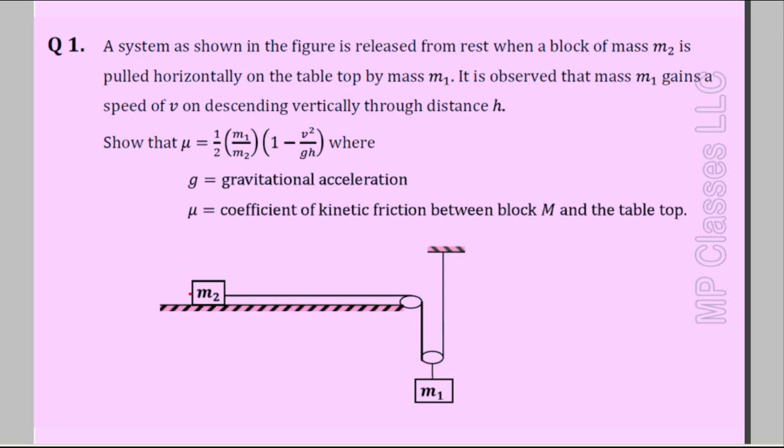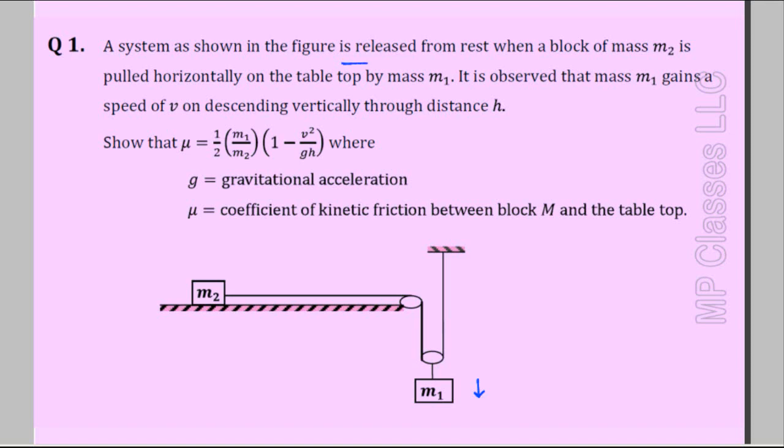There is block M2 and there is a block M1. They are attached through this string and the pulley arrangement. Initially the system is at rest because it is held in that position. This block M1 has a tendency to move down. And how do I know that? You have to read the problem statement, that it says